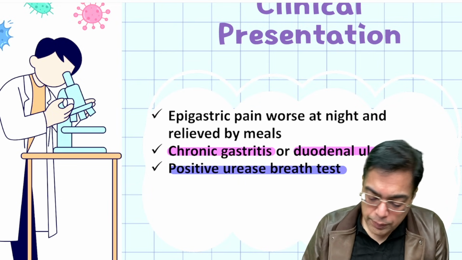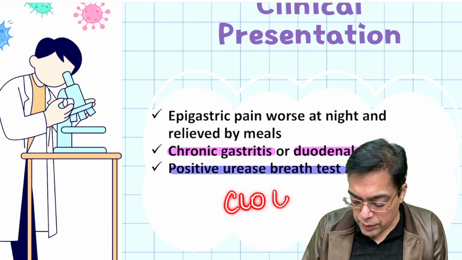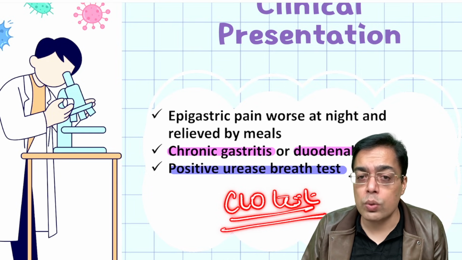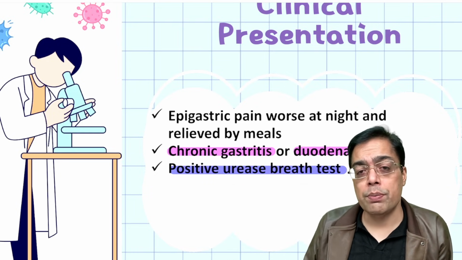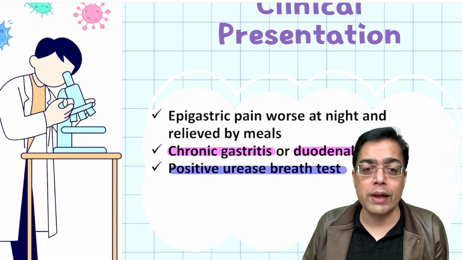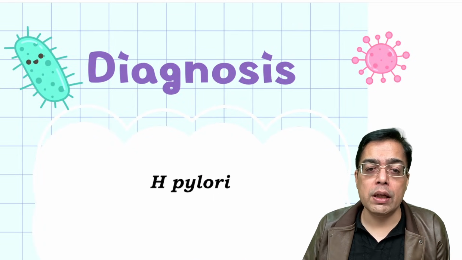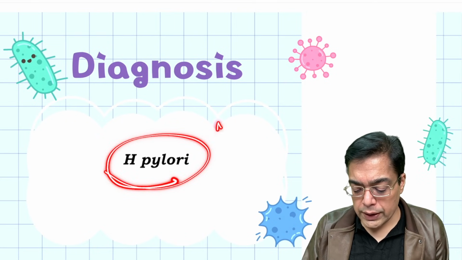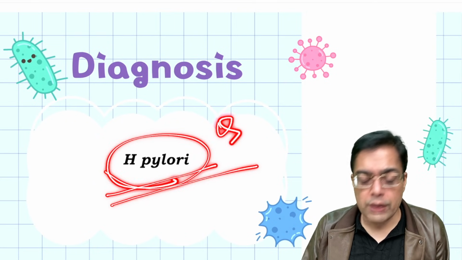Alternatively, what he can make a mention of is that the patient has a test which comes out positive, which is given the name of the CLO test. What is CLO, guys? Of course, you know the answer. That was a previous exam question. Campylobacter-like organism. What we are referring to is the number one bacteria responsible for causing chronic gastritis as well as duodenal ulcer, which is given the name of